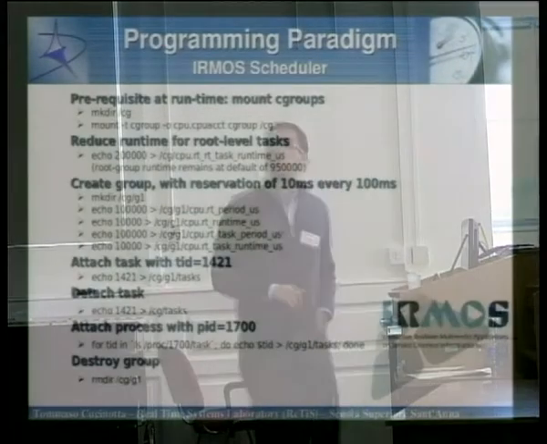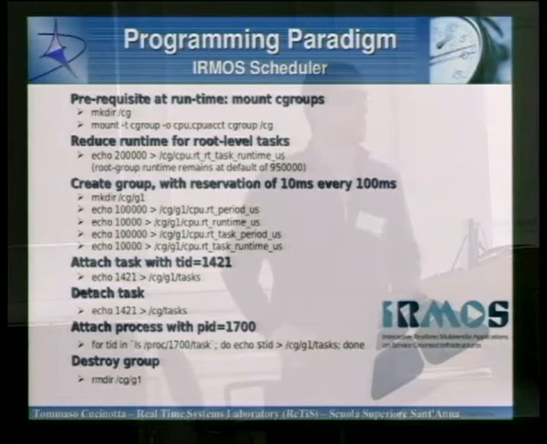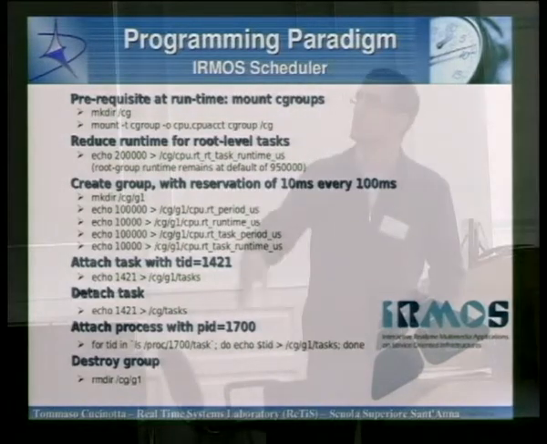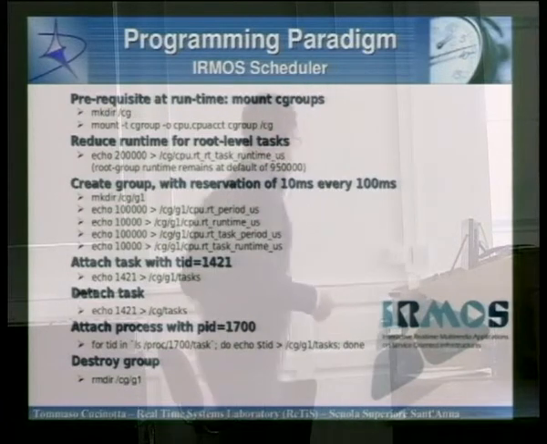Or you can use the EMOS scheduler. This has a cgroup-based interface. So that means that in order to create a reservation, we need to create folders into the cgroup virtual file system, and we need to echo some numbers into special entries of this file system. So this is how you would do that, pretty much the same thing that I showed in my previous slide with the EMOS scheduler. This is in the Bash language.